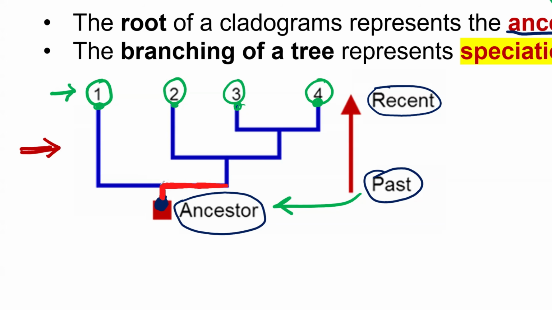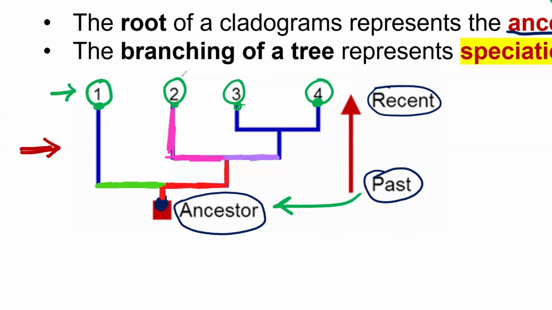Let me just use another color. It's branching into two parts. Can you all see that, guys? Can you see that the line coming from the ancestor is branching into two parts? Are you guys able to see that? Yes, sir. And then when it branches, it will go to the top and branch again for the second time. Here it has branched into this section, and this section, and then it has also branched into another section here. So there is branching happening here because the line is separating.